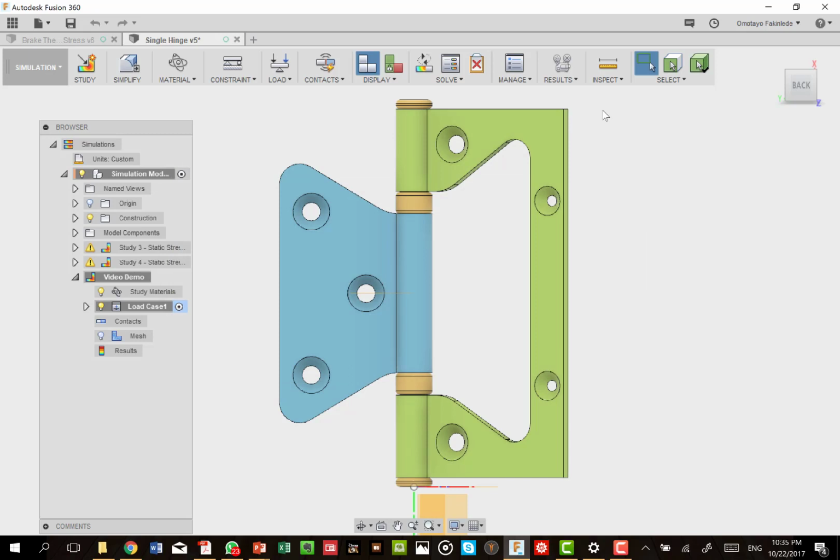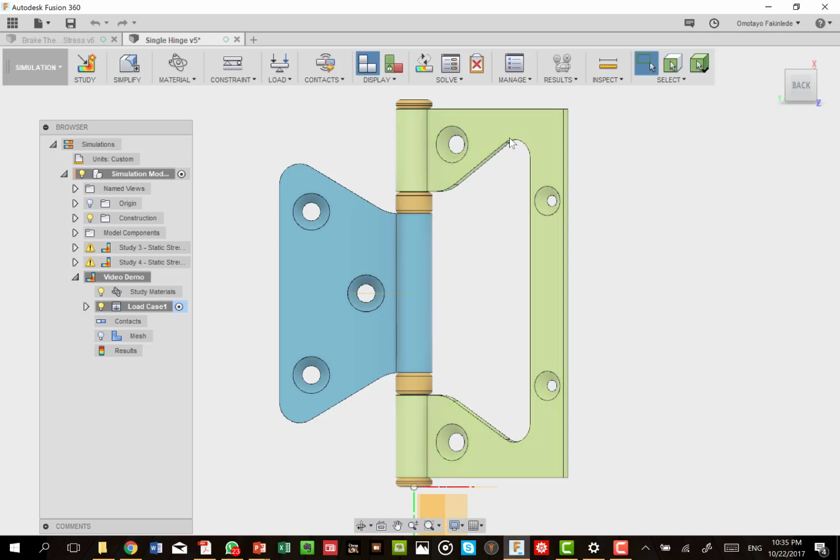So we do the first thing, as we said, is to set the constraints, then the loading, then the mesh setting. And after we have done that, the last thing we do before we go into solving is to look at the contacts, because the contacts tell us how the different components relate to one another. It is possible to induce load on a component without loading it directly, and that load can come from the contact it makes with the other components. We have to do at least those 4 things before we move on. Now, how do we set this in motion?